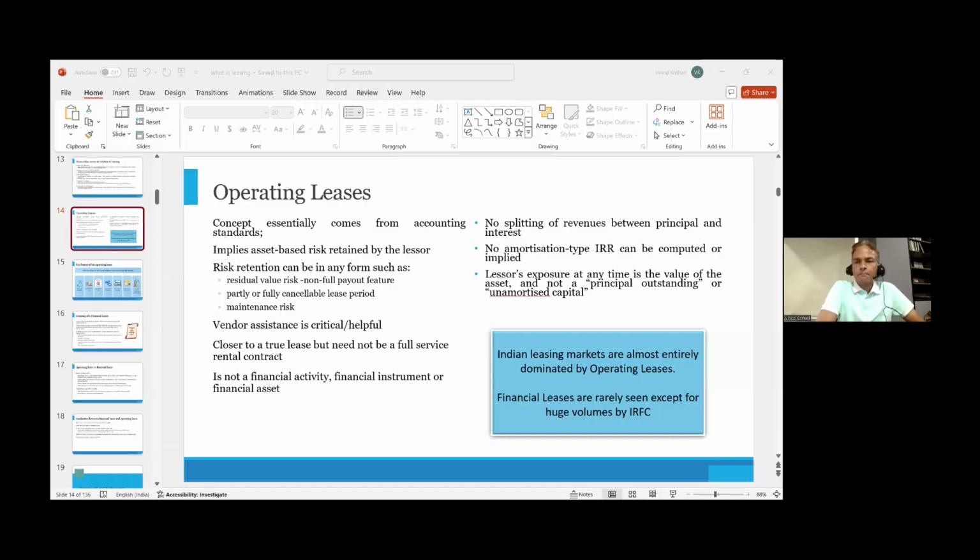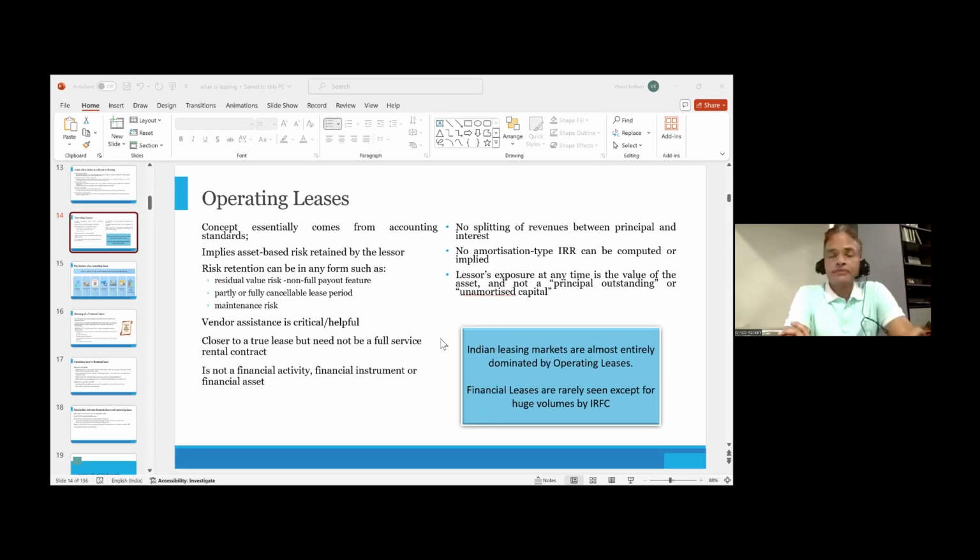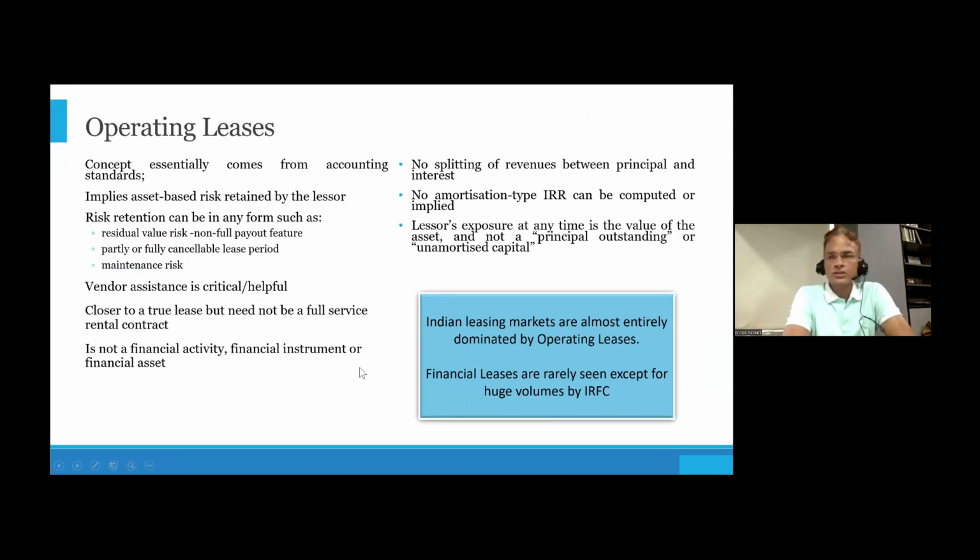and how leasing emerged as a mode of asset-backed funding. The use of leasing for the purpose of funding, which is introducing the concept of financial leases. Today, throughout the episode, we will be concerned with the distinction between financial leases and operating leases. The distinction between financial leases and operating leases has been crucial to the very development of the leasing